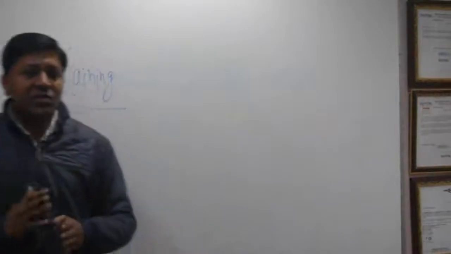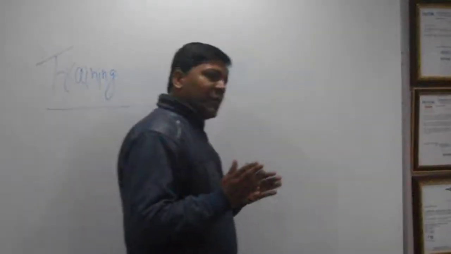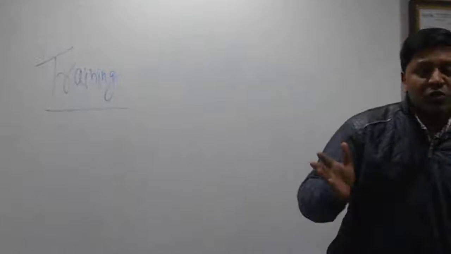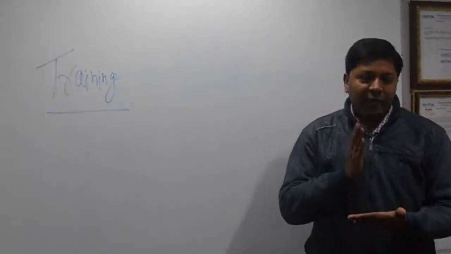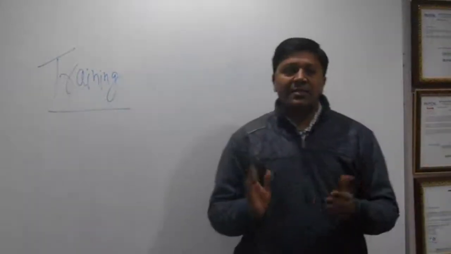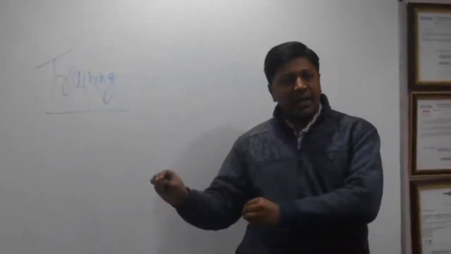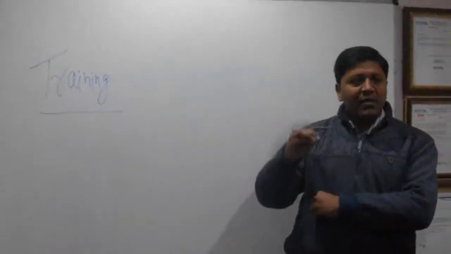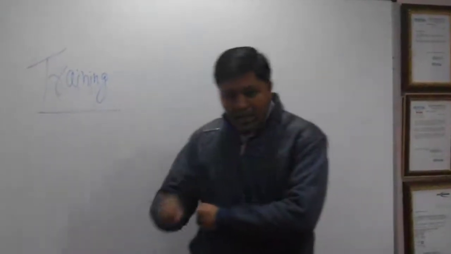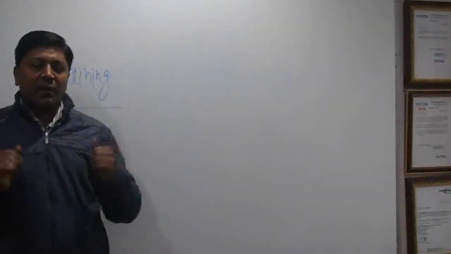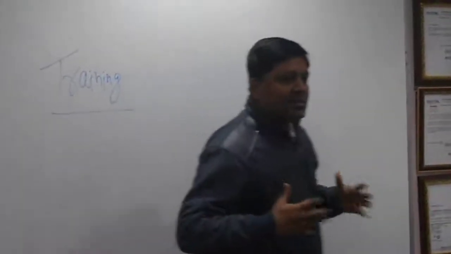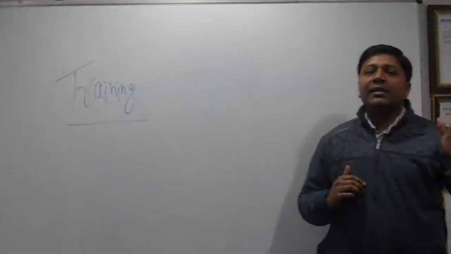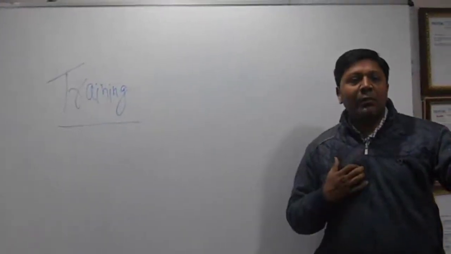Before knowing this, you should understand why training has to be delivered and what the outcome should be, because training has to have an outcome. When a training is given, it has to have an outcome at the end. Like today I am organizing a workshop on training, so at the end you would know how training should be conducted. Training has to have proper gestures and postures of your body when you start. Then only the training would be perfect. Then you would be able to deliver.